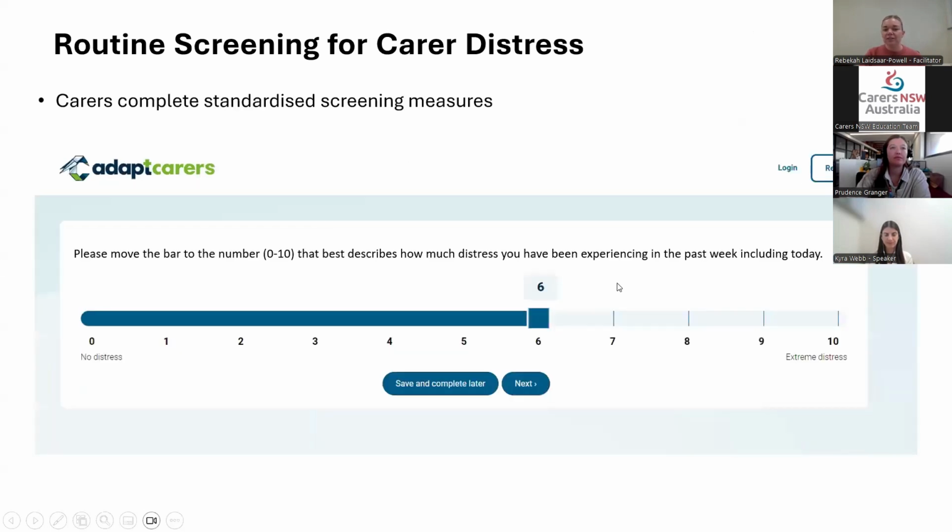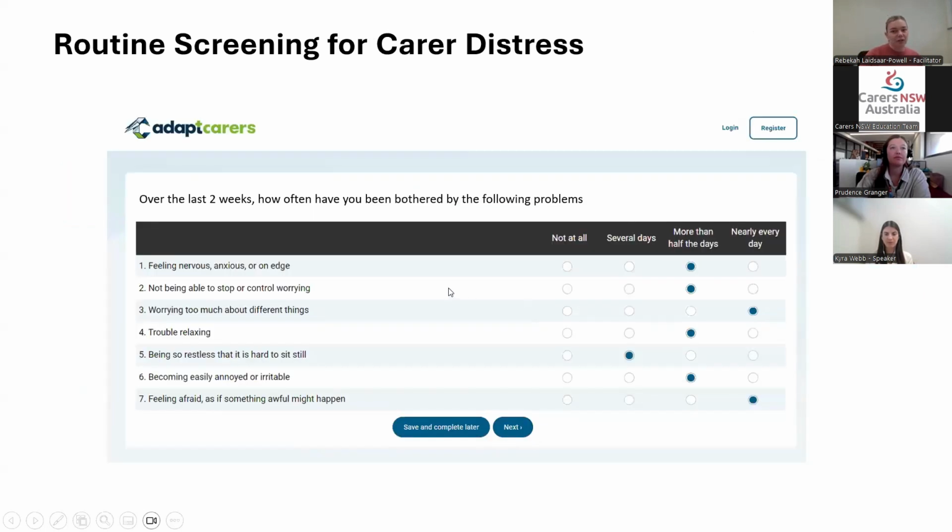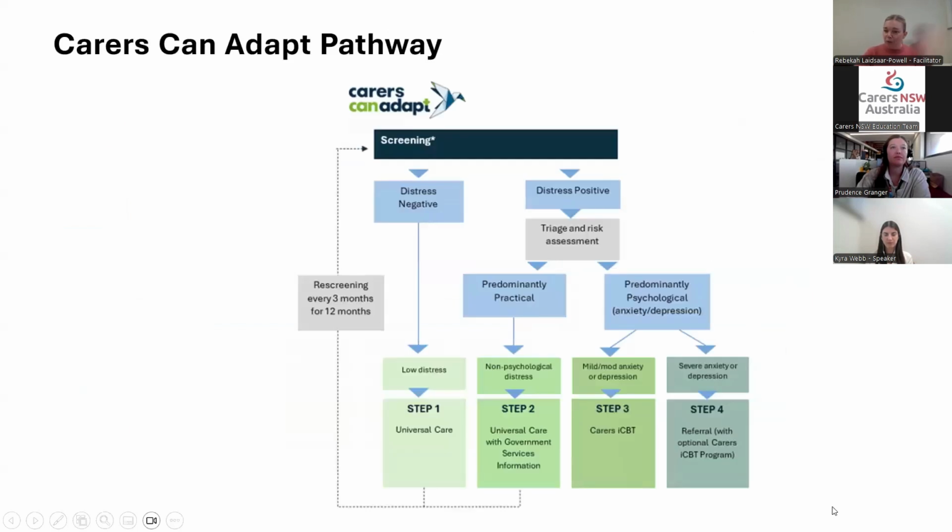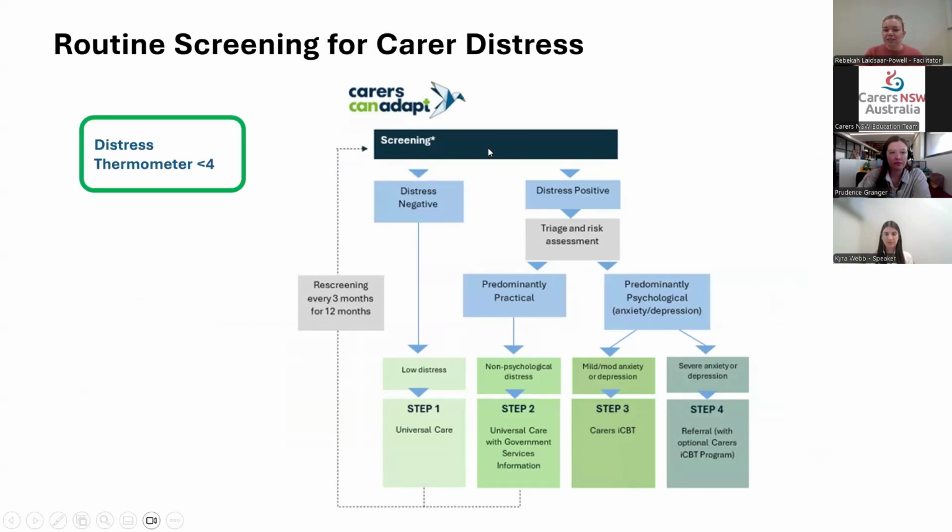And the screening uses, as I said, the distress thermometer, as well as the GAD-7 and the PHQ-9 and the supportive care needs survey. So this is the kind of flow chart of someone working through this routine screening. You can see there, someone first starts with the distress thermometer. And for anyone in our study, and I hope eventually where this can get rolled out more broadly, so if